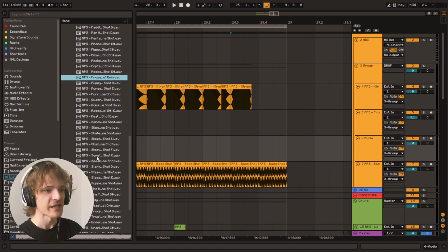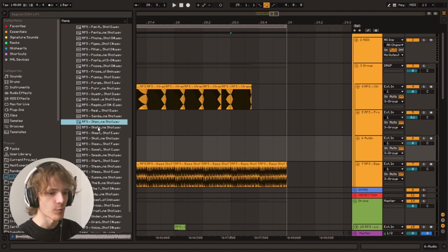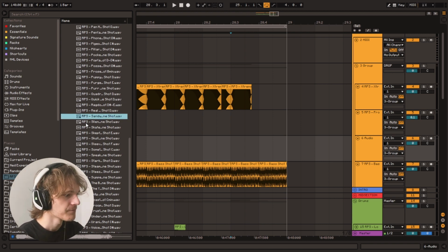And when I say fill, by the way, it doesn't have to be just a drum fill, right? It can be a drum fill, but I'm referring to bass fills, which is just filling in the little space that would otherwise be occupied by something else. So